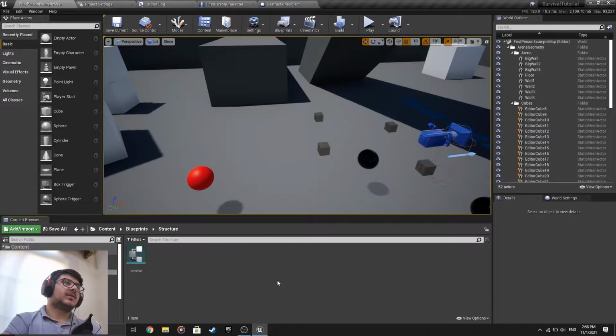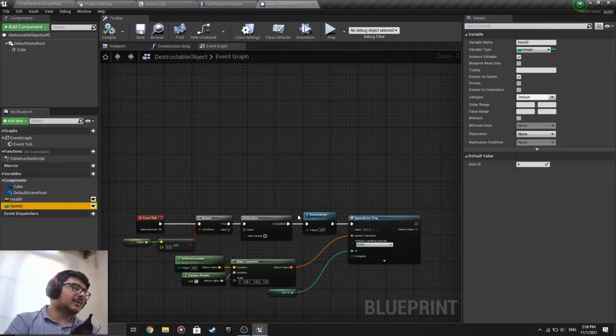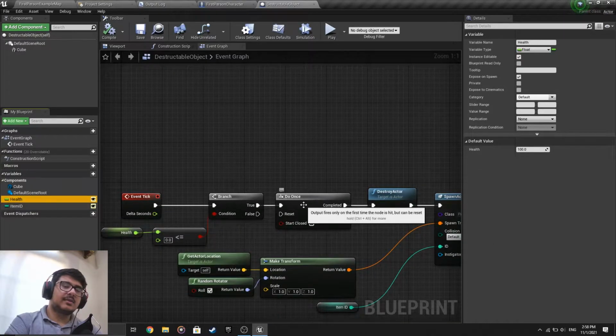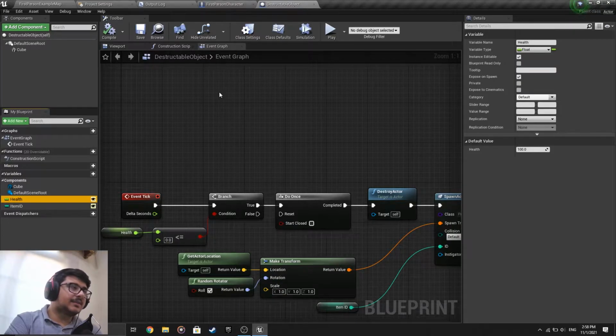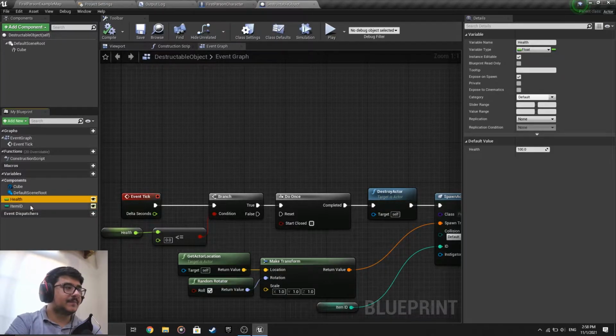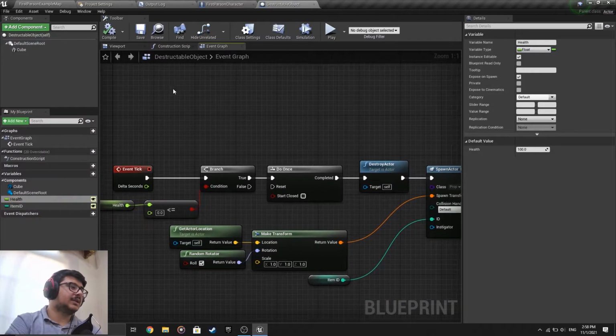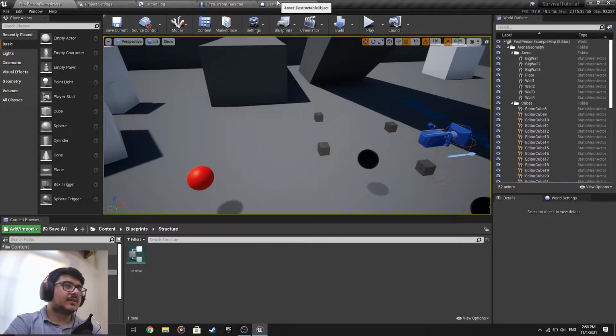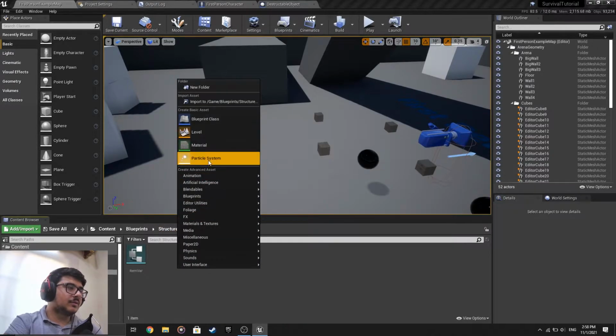Basically, instead of setting the drop item ID and the health manually separately, we basically give the destructible object an ID for which it will automatically put all of these in, instead of just manually changing everything. So now let me create a new blueprint here